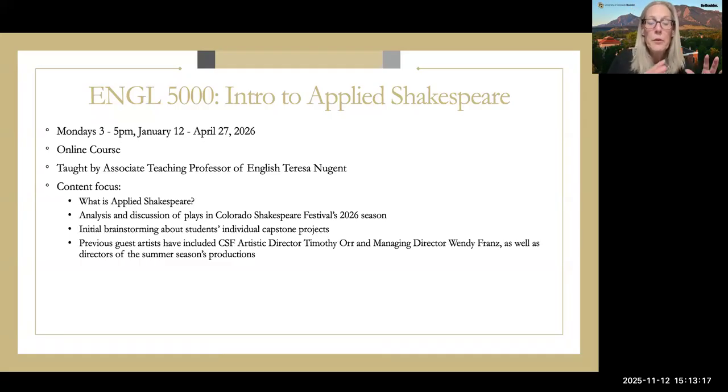Halfway through, the students are really starting to brainstorm ideas for the capstone. And the main project of the course is to develop what we call a capstone toolkit. So you're collecting materials that may be resources for that capstone project that you do over the summer or on down the road, depending on what path you take.